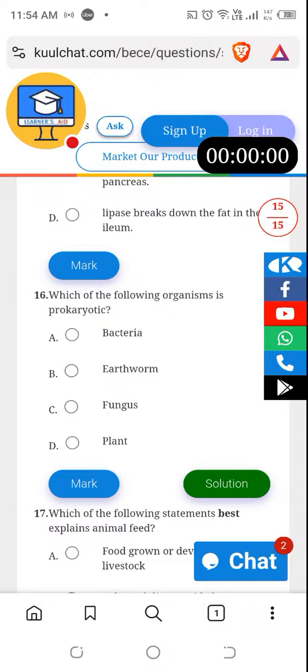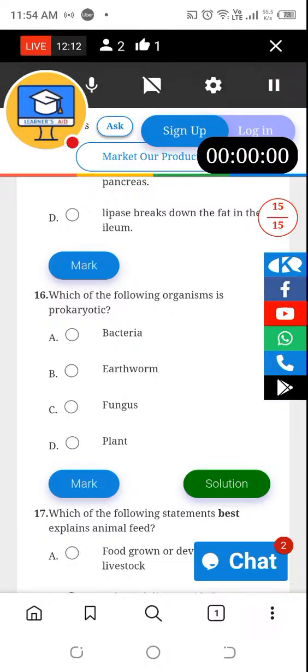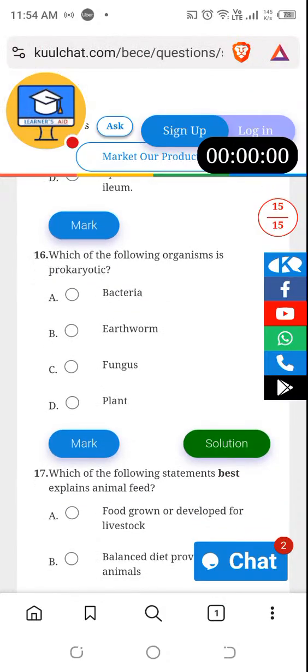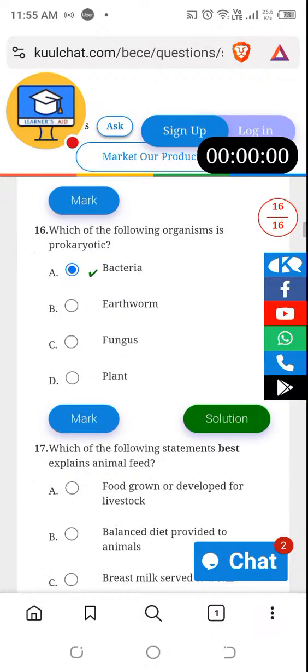Which of the following organisms is a prokaryote? So far, I've gotten a perfect score, 15 out of 15. Oh, of course, this is simple. Bacteria. Bacteria are prokaryotes because they do not have membrane-bound organelles, and even the organelles that they have in their body do not have a membrane around them. So it's definitely